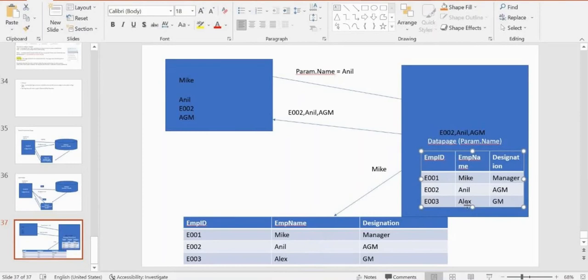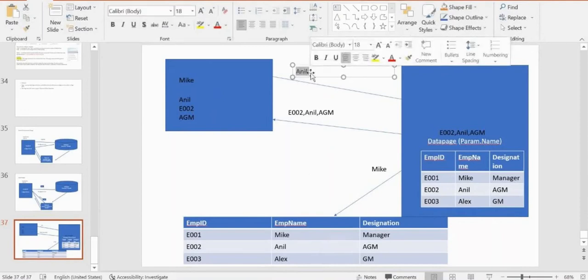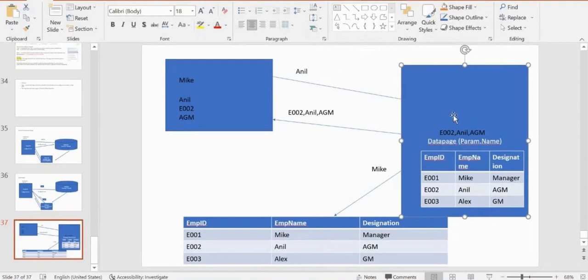All the things. Now if I send Anil, then from here it will take Anil and give it back to your application. And when I write this, now there is no parameter. You don't write any parameter. Based on the input Anil, because your data page is written as a keyed access data page, this Anil will be taken by your data page.